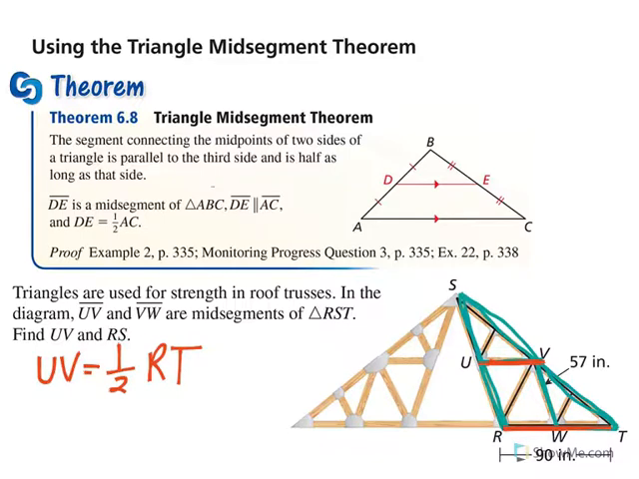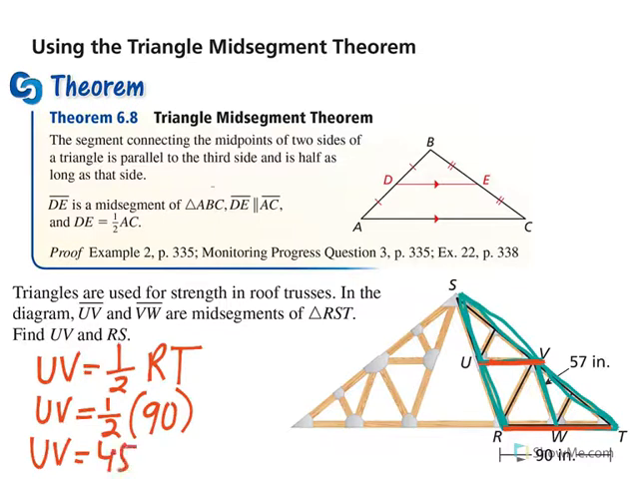So then I can just plug it in. So UV is equal to half RT's length. It tells me in the diagram is 90. So then I just solve. So UV is equal to half of 90, so half of 90 gives me 45. And that would be my answer. I encourage you to pause the video and try to work for RS on your own, because I'm about to